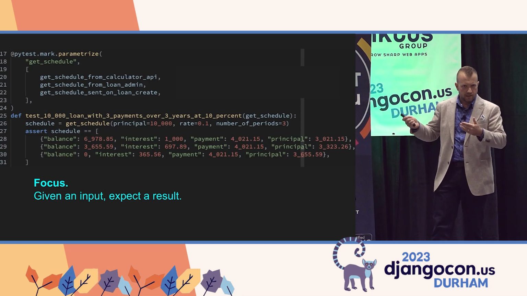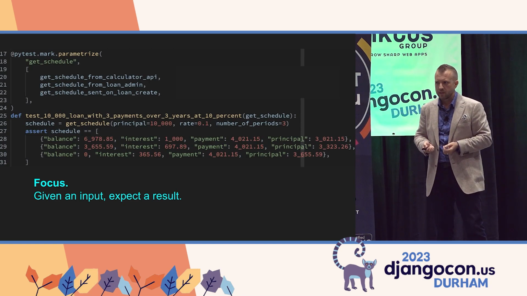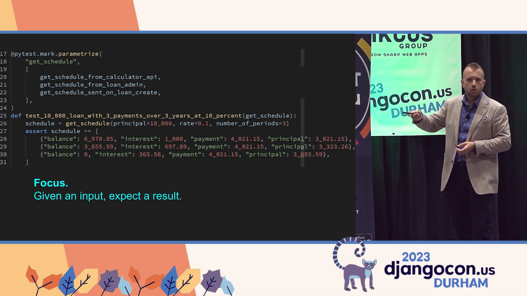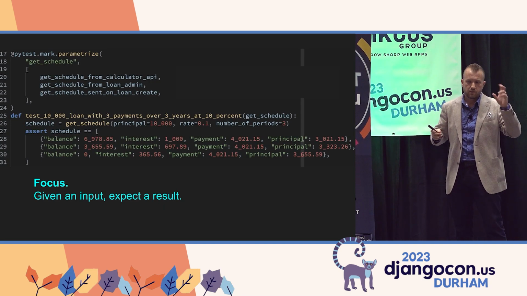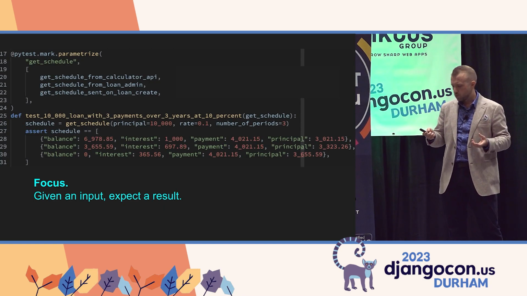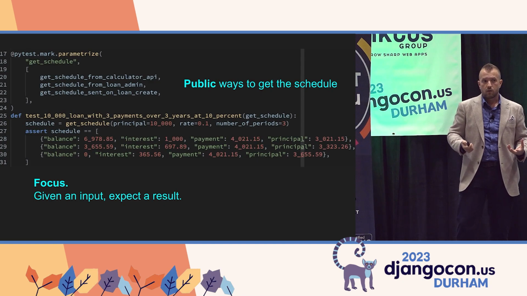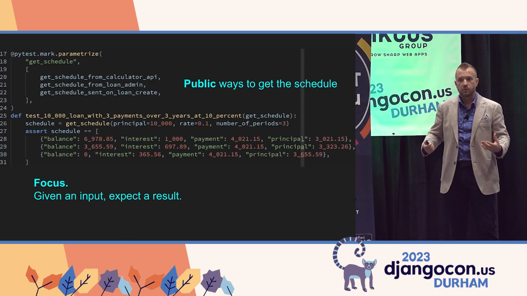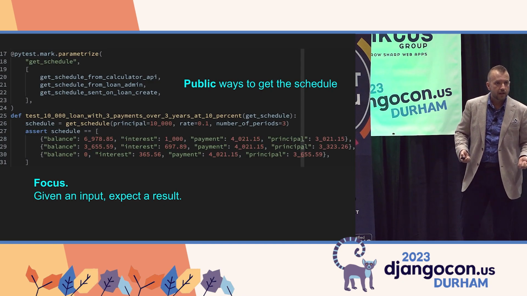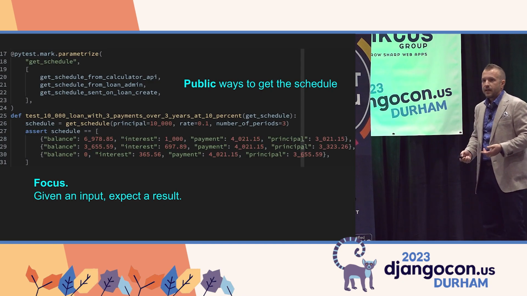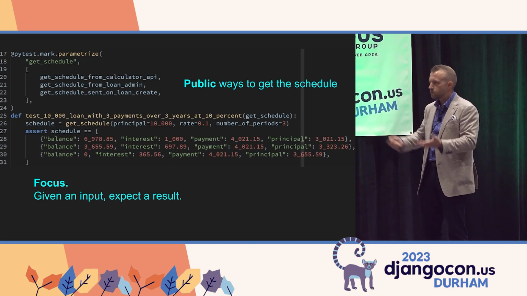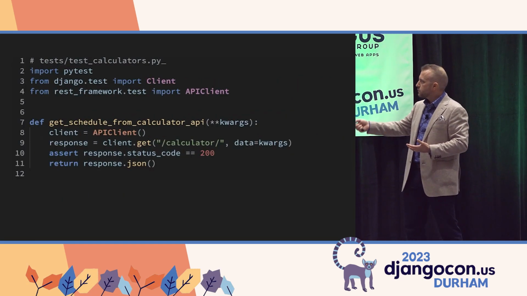And I'm using PyTest here today, and it's got a nifty thing called parameterize. That allows us to iterate over a list of values, and in this case, these are functions. And these are setup functions which demonstrate the way we can obtain the schedule in our application, right? We've got the three cases: the calculator API, the loan admin, and then we have the data that's sent when we make that HTTP request. What if we were to do something like this? Well, then we would then